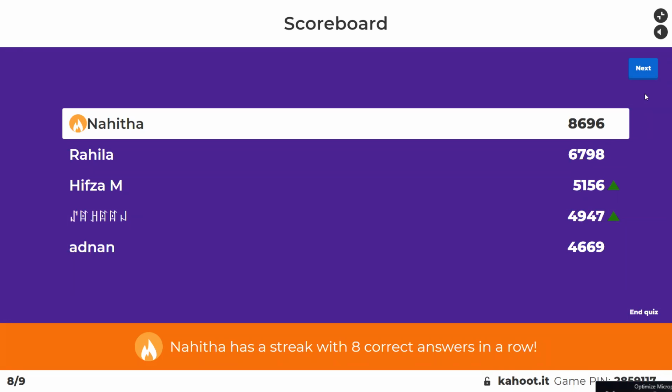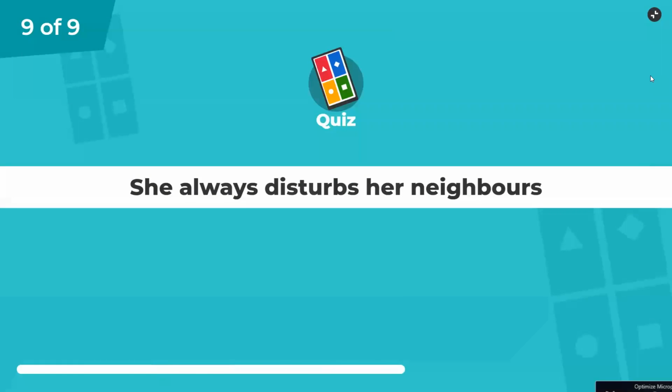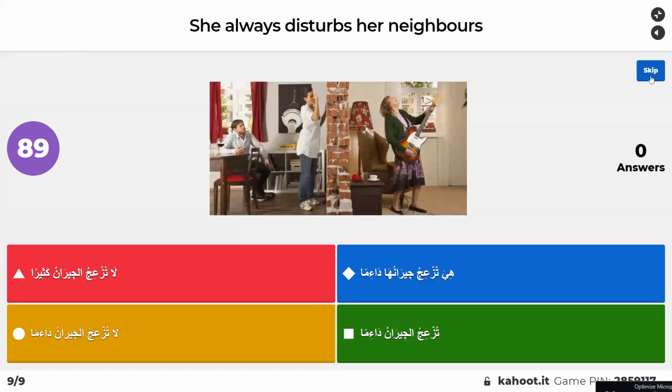Okay, let's see if you can use this opportunity. Easy question. She always disturbs her neighbors. This lady on the right side. She always disturbs her neighbors. How would you say this? Blue. Here, tuz iju